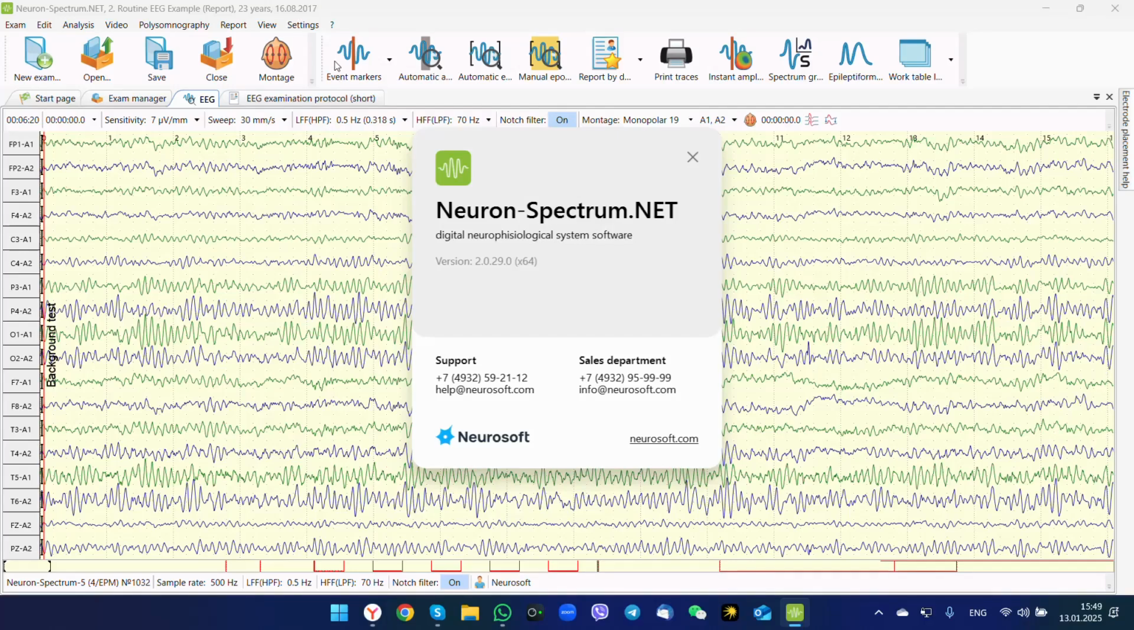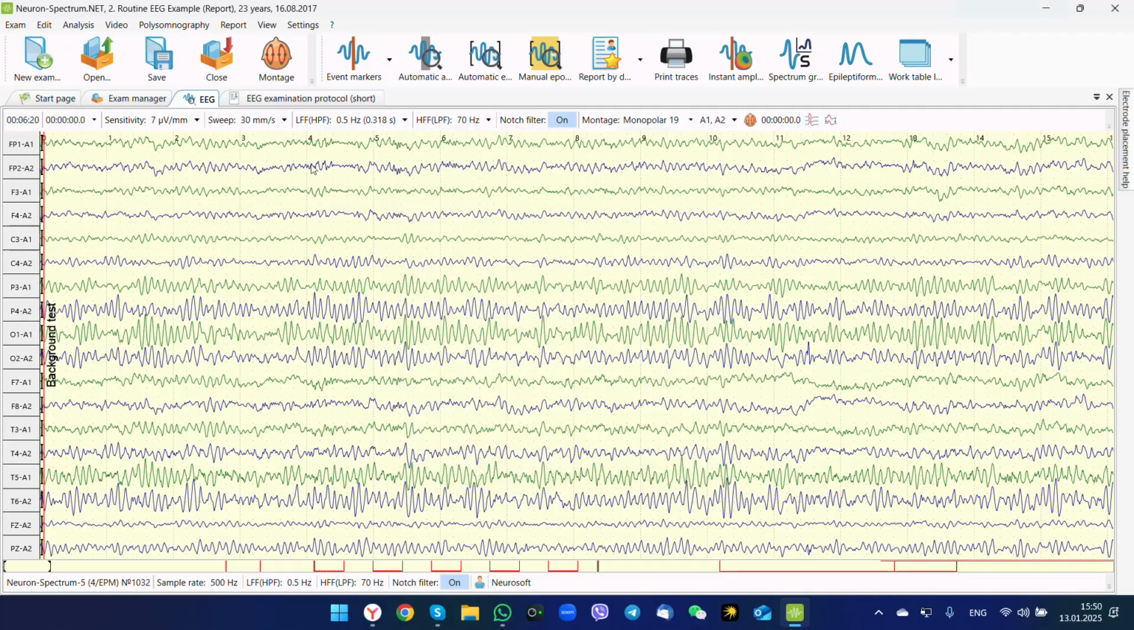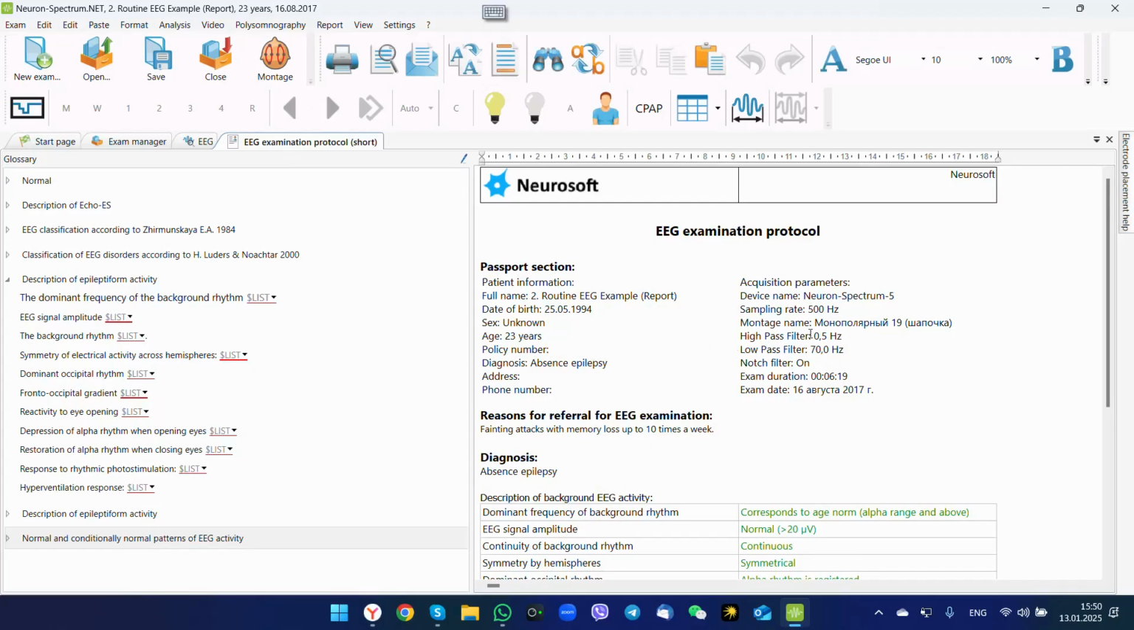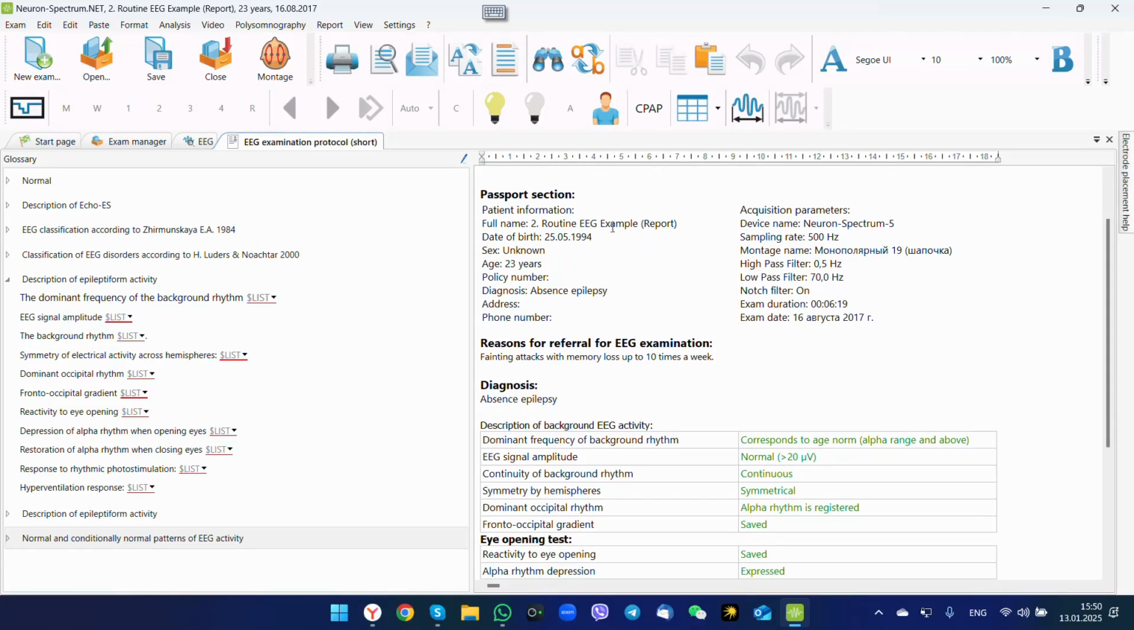In this short video, I'll briefly show you how to work with the new EEG conclusion generation system for structured automated EEG conclusions. In the new neuronspectrum.net version, we can now create structured EEG reports like this, with a title and a passport section, which are filled automatically from the patient card. Here we can find information about the patient and information about acquisition,